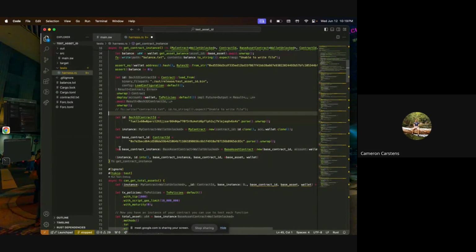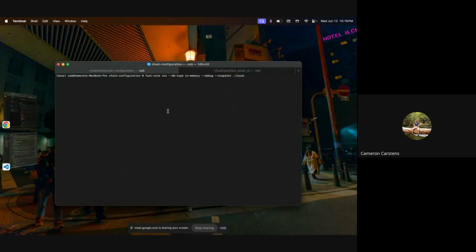I'm also going to show you how to set up a local node. The same process can be done on the Rust SDK for a local node, and I've already pre-set up here my fuel core.